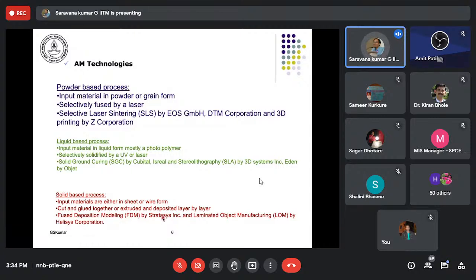And there are a lot of machines, and probably they might be available in many colleges and universities. This has become a very low-cost technology for realizing polymer parts. So no longer is this technology very costly, at least in the polymeric domain.